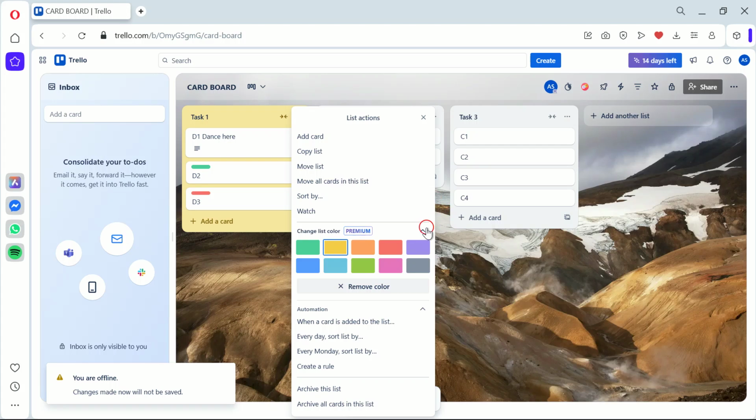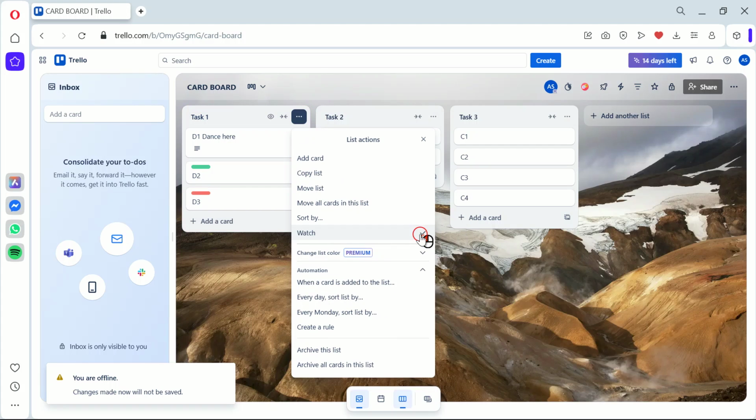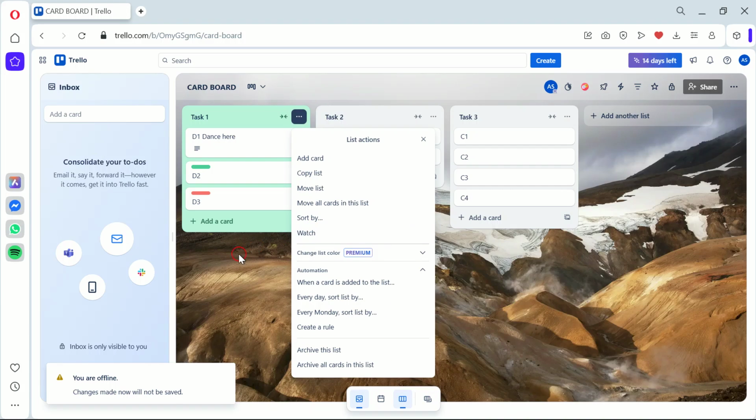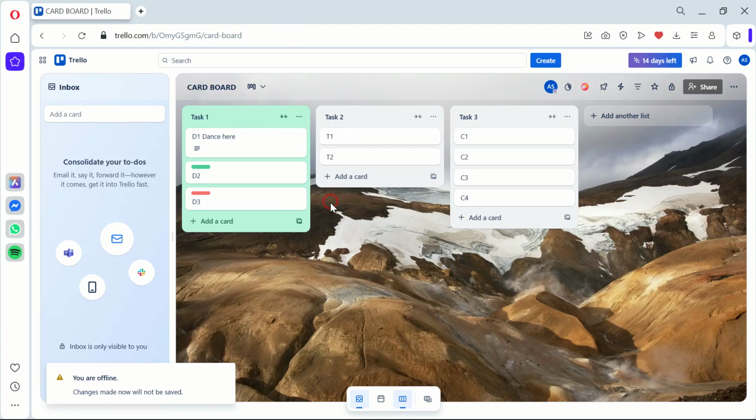This is a game changer because it allows you to visually prioritize and categorize your lists, making your Trello board much more efficient. Let me explain why this matters. As your projects grow and your boards get more crowded, it can be difficult to quickly find the information you need. By using the list highlighter, you can color code your lists based on priority, team, or any other criteria